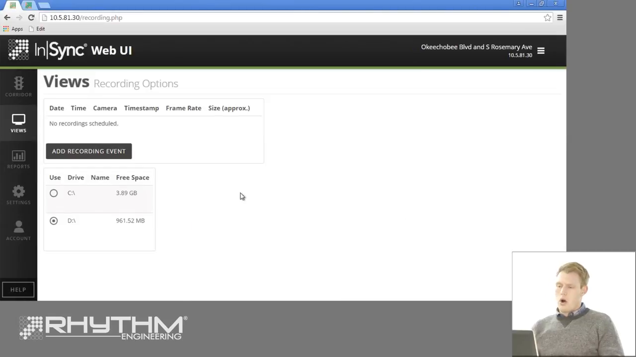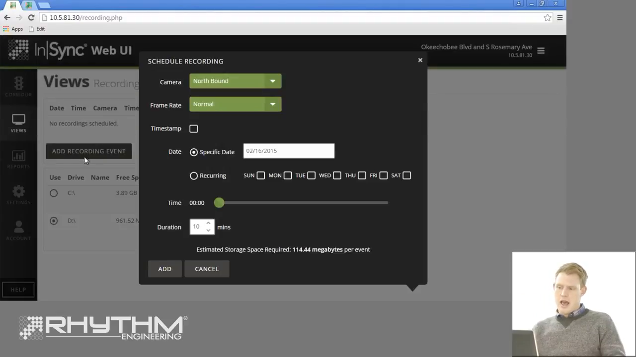If you want to record video, that is up to the agency. InSync does not do any recording by default, and it is disabled by default, but the functionality is there if you would like to record video. If you would like to, you plug in a USB thumb drive or hard drive into the processor in the cabinet, and once you've done that, it'll bring up a list of drives that you can record to. So in this case, if I wanted to record to the D drive, you can click the Add Recording event,